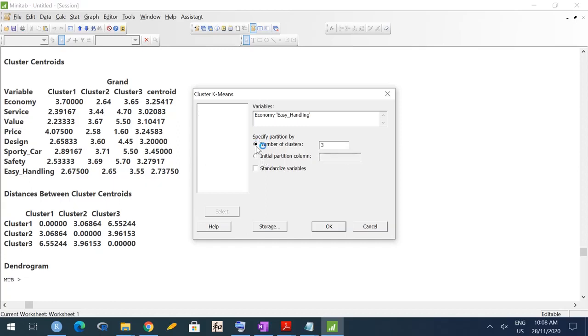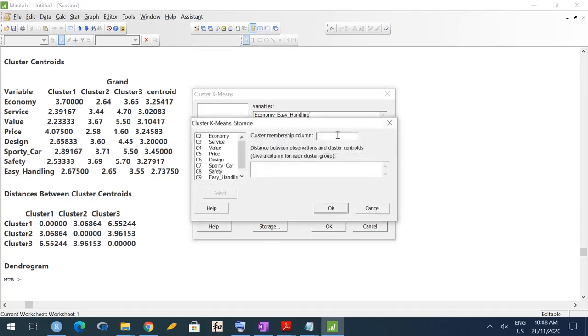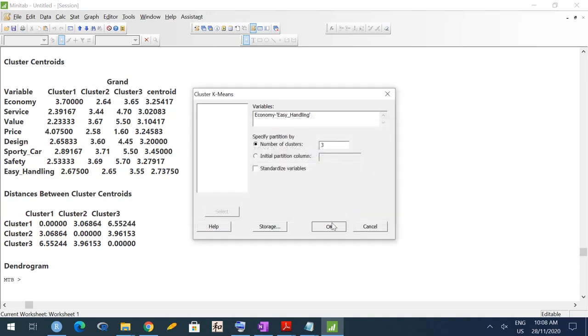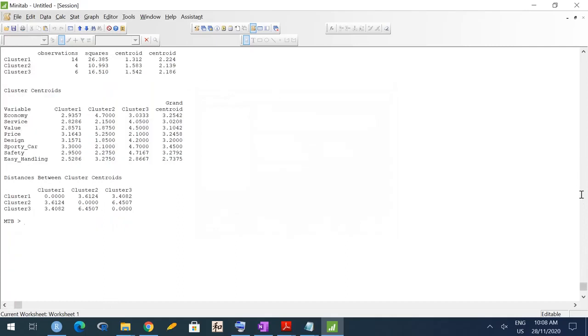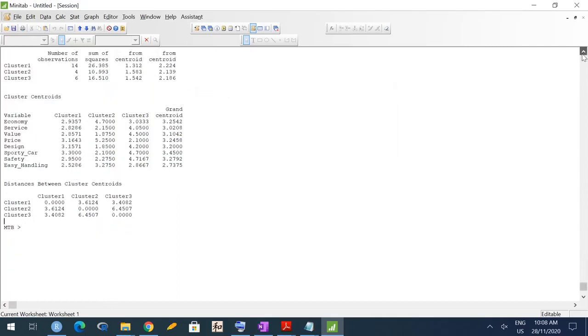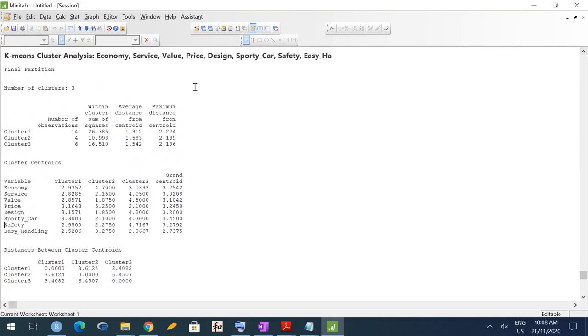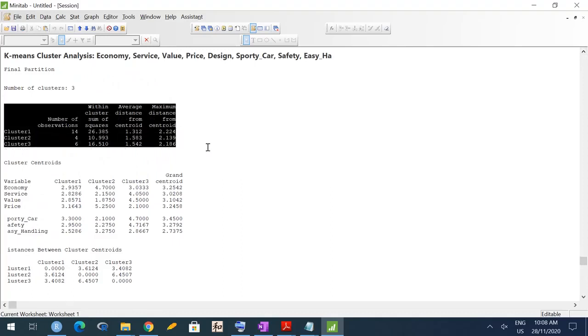Okay, but you don't need to do it always, so we won't do it. And we have to finally store cluster membership, so let me store it in C12 this time. Okay, this output gives you similar things, but now the cluster configurations have changed.